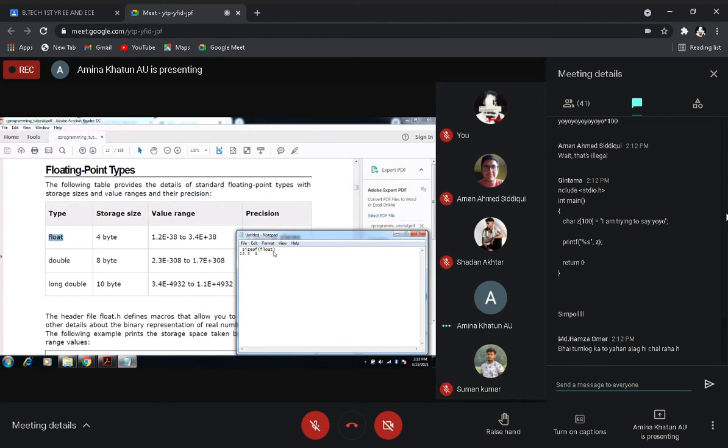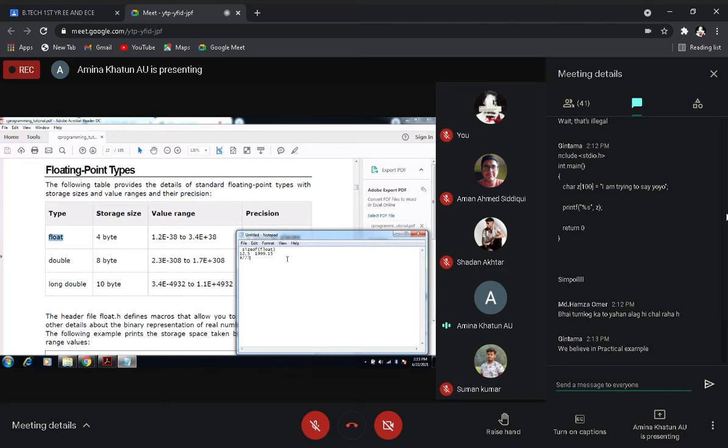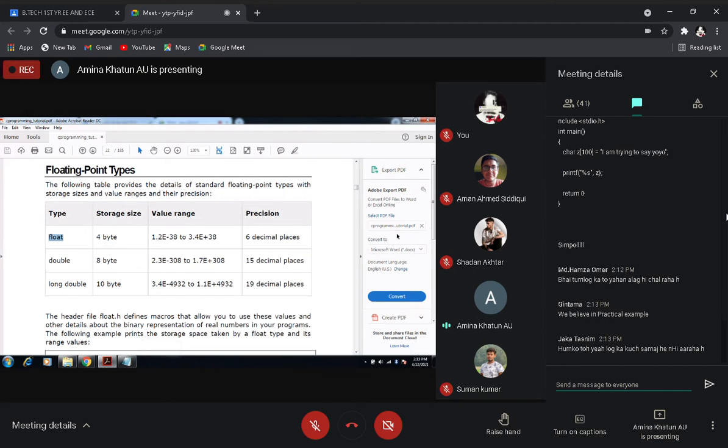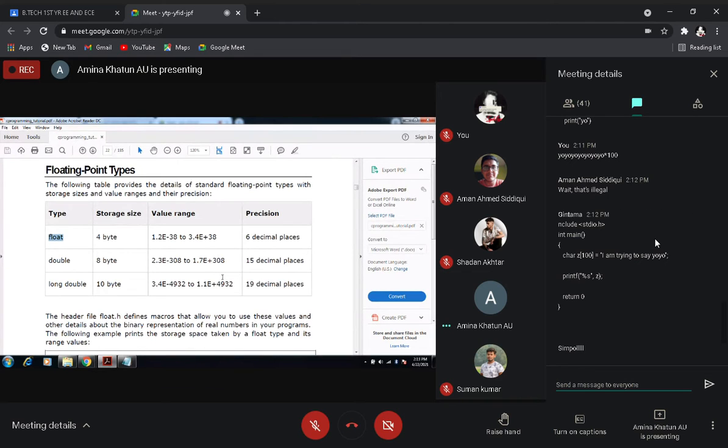Suppose you have given 19.15, this is a float value. But if you write 877, this is an integer value. Okay, so the numbers which have a decimal point are floating point data types.